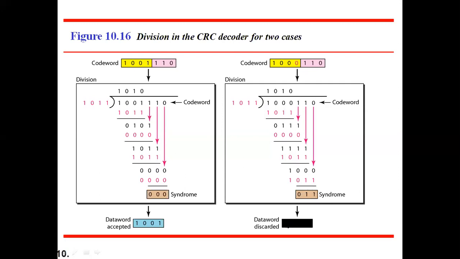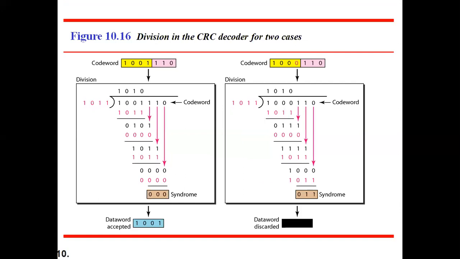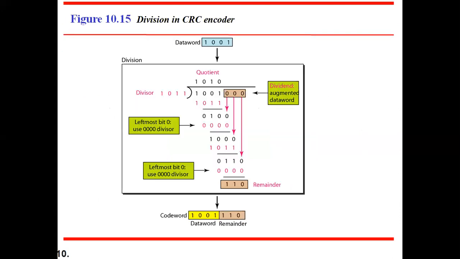Is it clear, guys, how the sender side arithmetic operation will be performed and how the receiver side will be performed? And in fact, based on this, you have one experiment in your next semester network lab also from this CRC only. The first experiment in your network lab is this only, to perform the cyclic redundancy check operation at the sender side and receiver side. There you have to take some dividend and divisor. Then you have to perform this with the help of networking. Is it clear how it will work? Yes, sir.